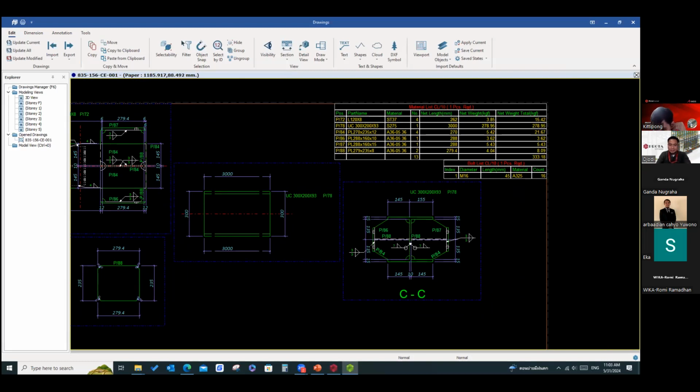Can we design the configuration for each bolt in every joint, even the splice joint or end joint?